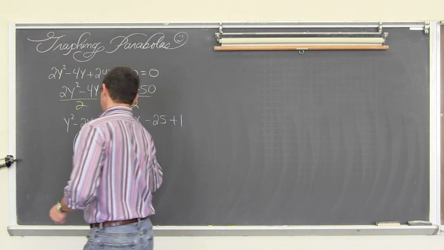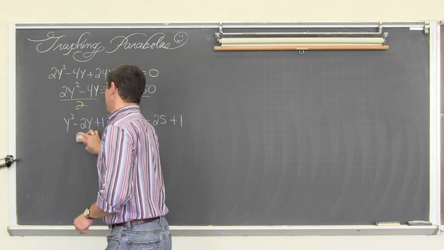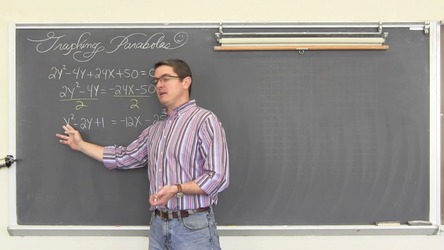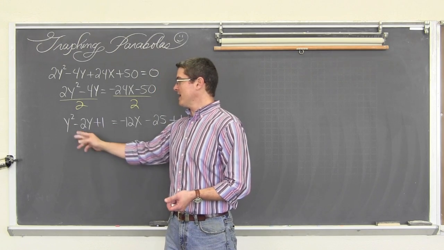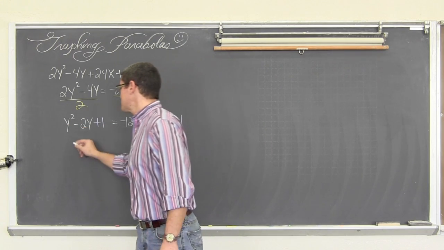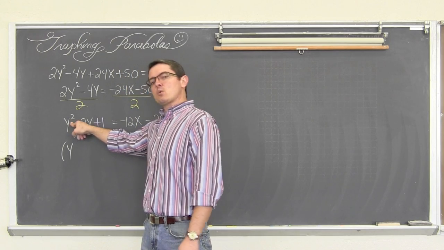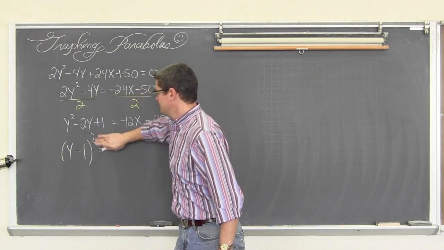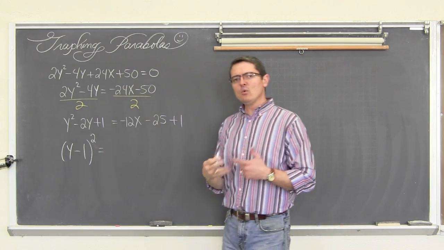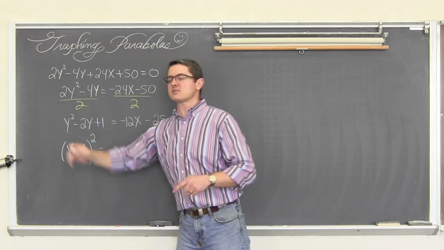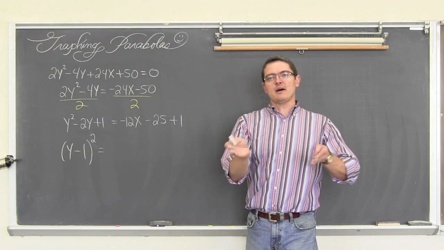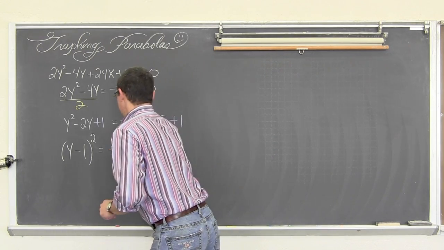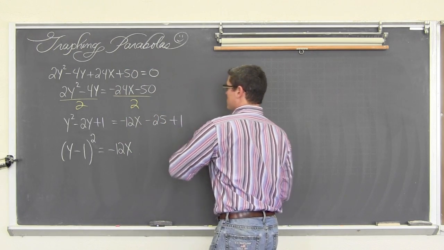And again, when you do this completing the square step, you are setting up a perfect square trinomial. So to factor this, we only need to square root the first term, square root the last term, and keep that middle sign. So this is going to be y, the square root of y squared is y, minus the square root of 1, which is 1. And then you will get a binomial squared. And if you write this off to the side and actually factor it, you'll see that it's y minus 1 times y minus 1. So we have negative 12x minus 24.